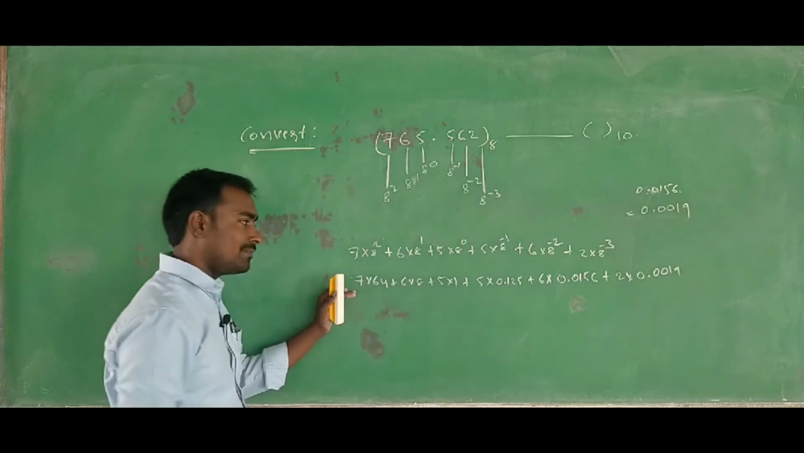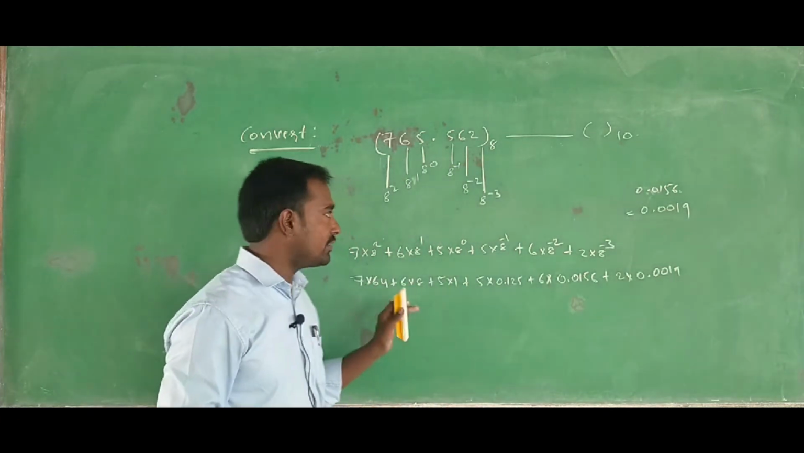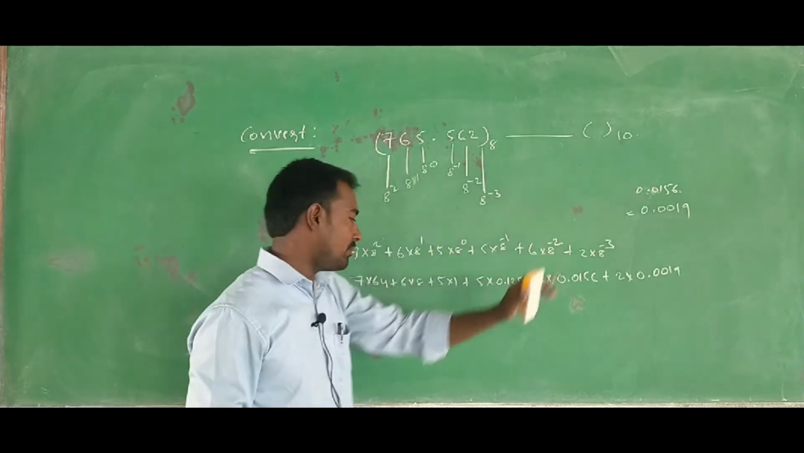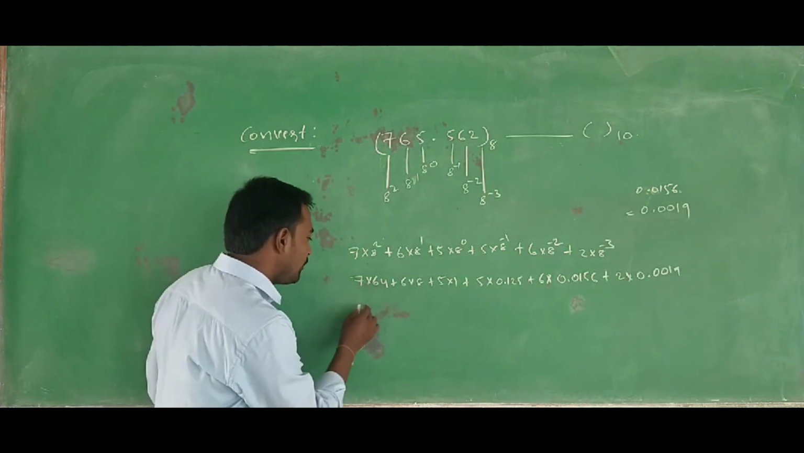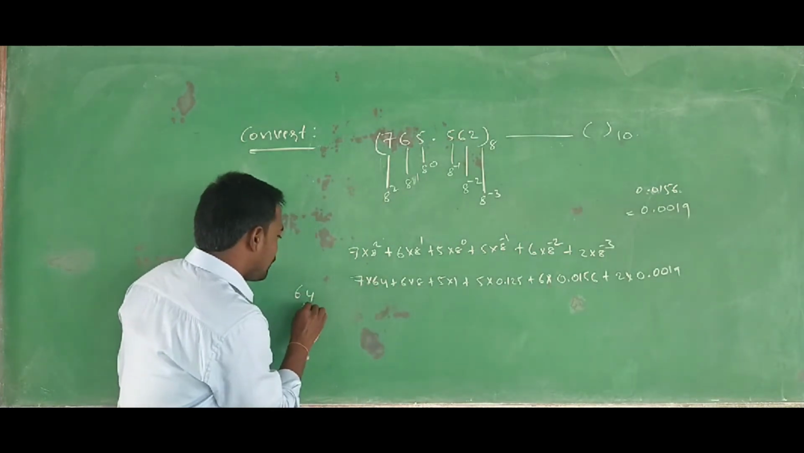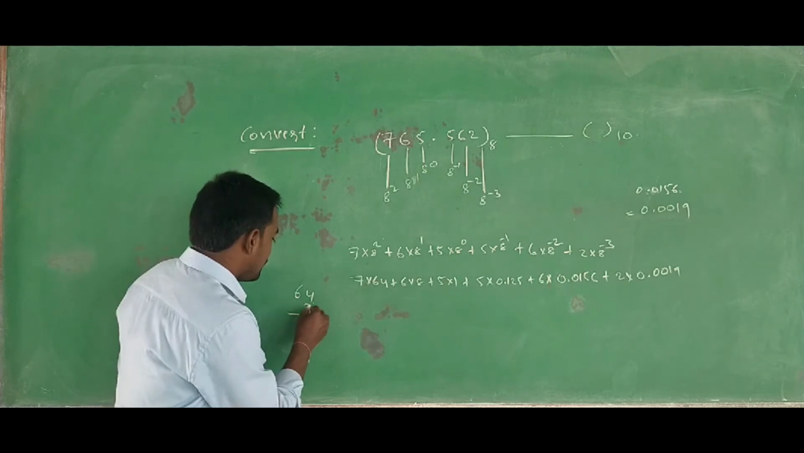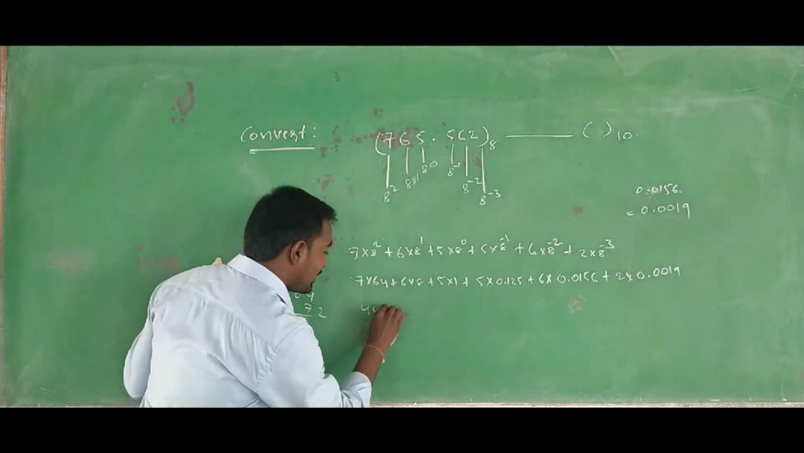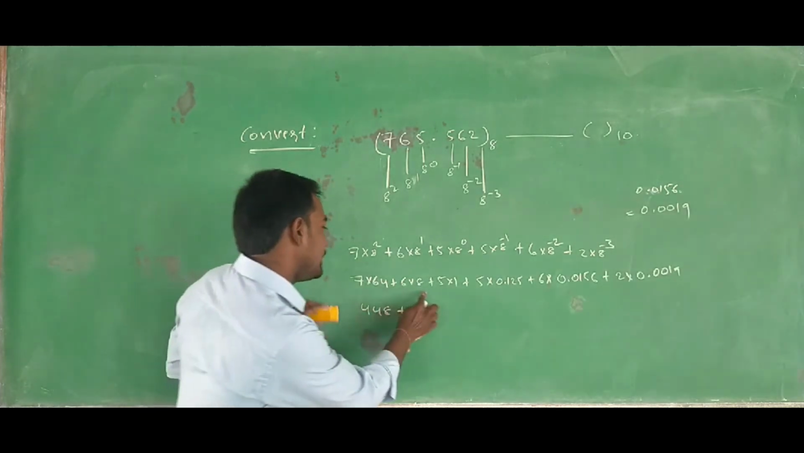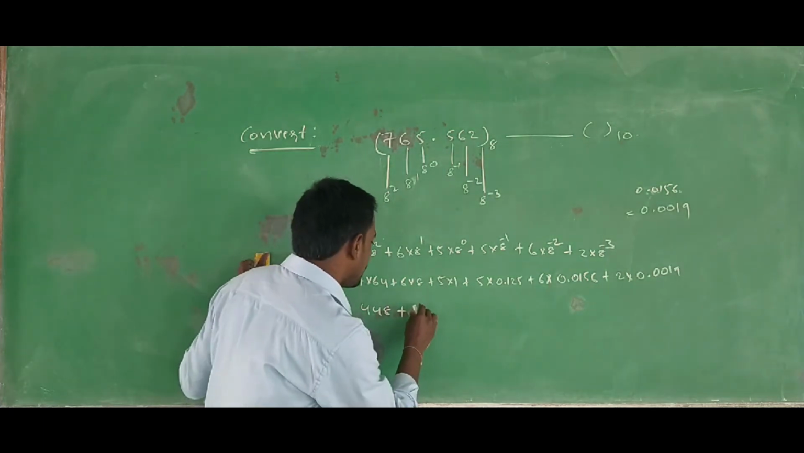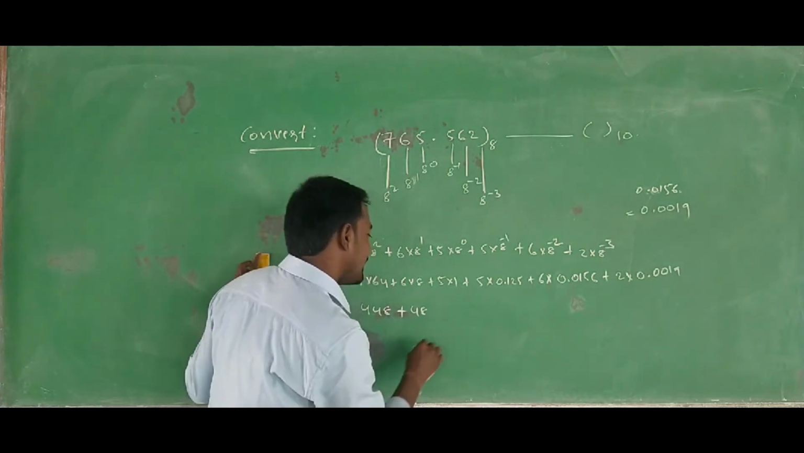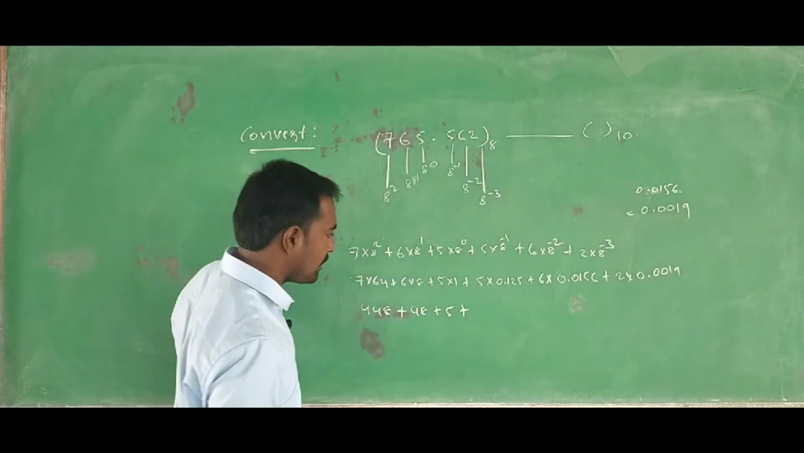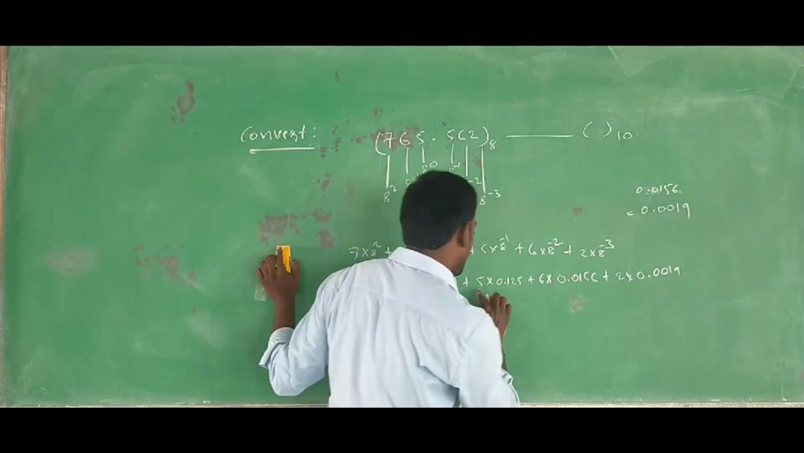When we multiply and add all the numbers, we get the equivalent decimal value. 7 into 64 is equal to 448, plus 6 into 8 is equal to 48, plus 5 into 1 is equal to 5, plus 5 into 0.125, that is equal to